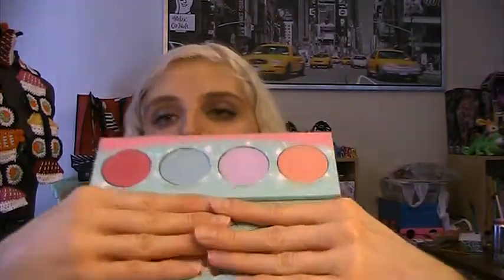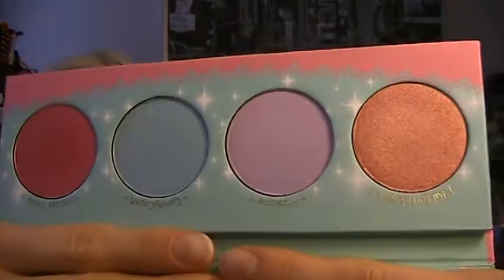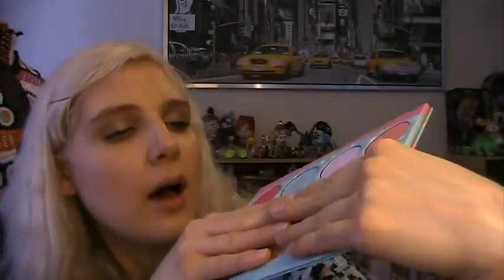You get 4 shades in here. There is Kitten Parade, which is this first one here. This next one is Frostine, this purple one. Candy Crush is the blue one, and then Hotsy Totsy is the last one. I've already stuck my fingers in here. I did do some swatches of these, and first impressions of this are kind of...